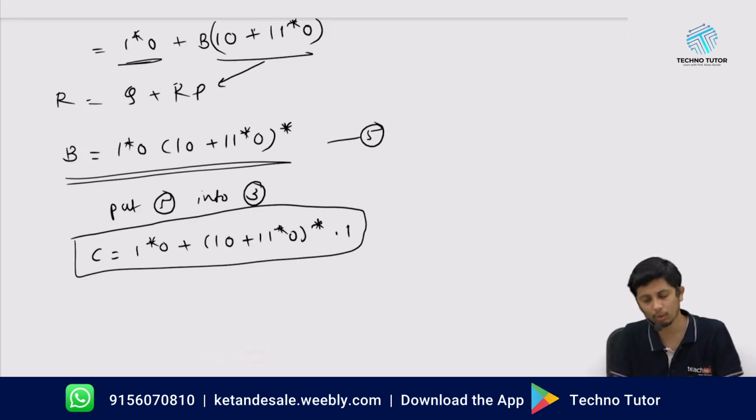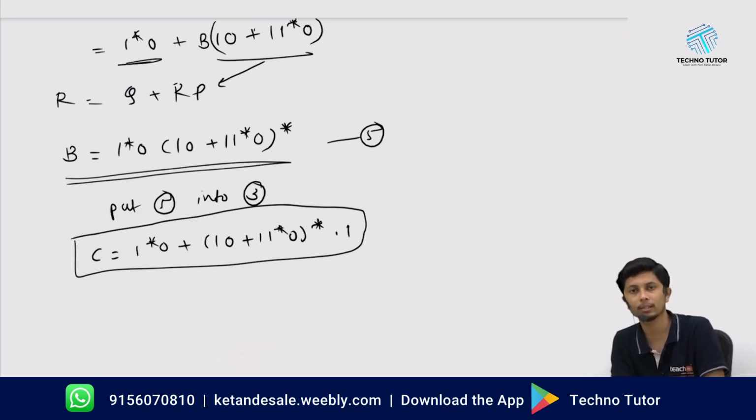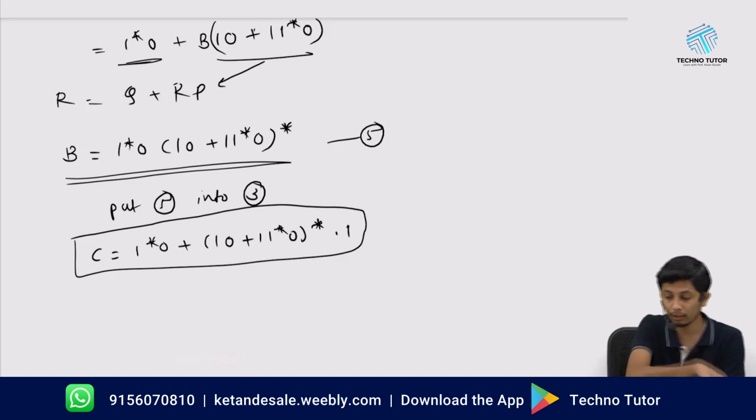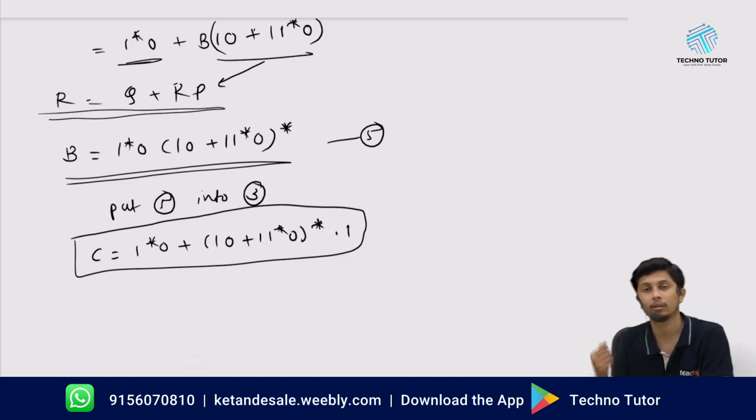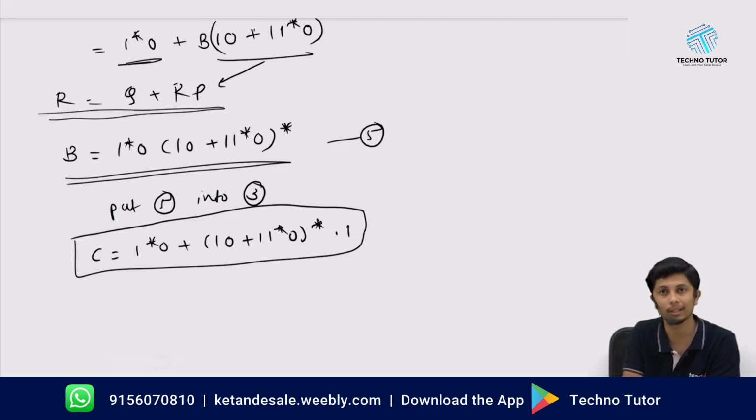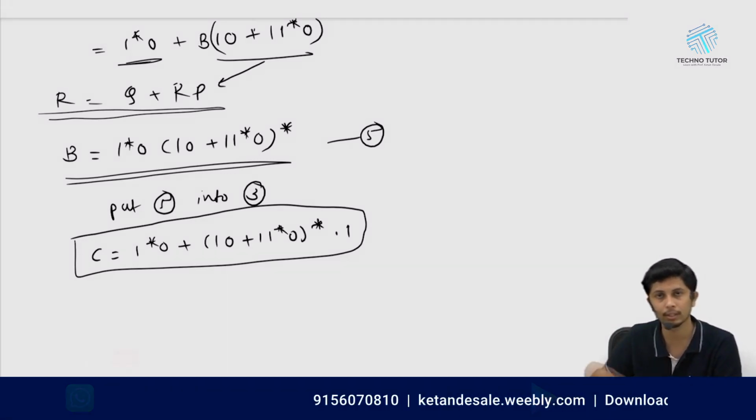Okay, so just go on replacing, check out the possibilities, try to figure out your answer with respect to this Arden's theorem, R is equal to Q plus RP, so that you can convert it into or simplify into R is equal to QP raised to star. Only P raised to star, Q is ANDed with that. Okay, so this is your Arden's theorem. This is how you can solve the examples.